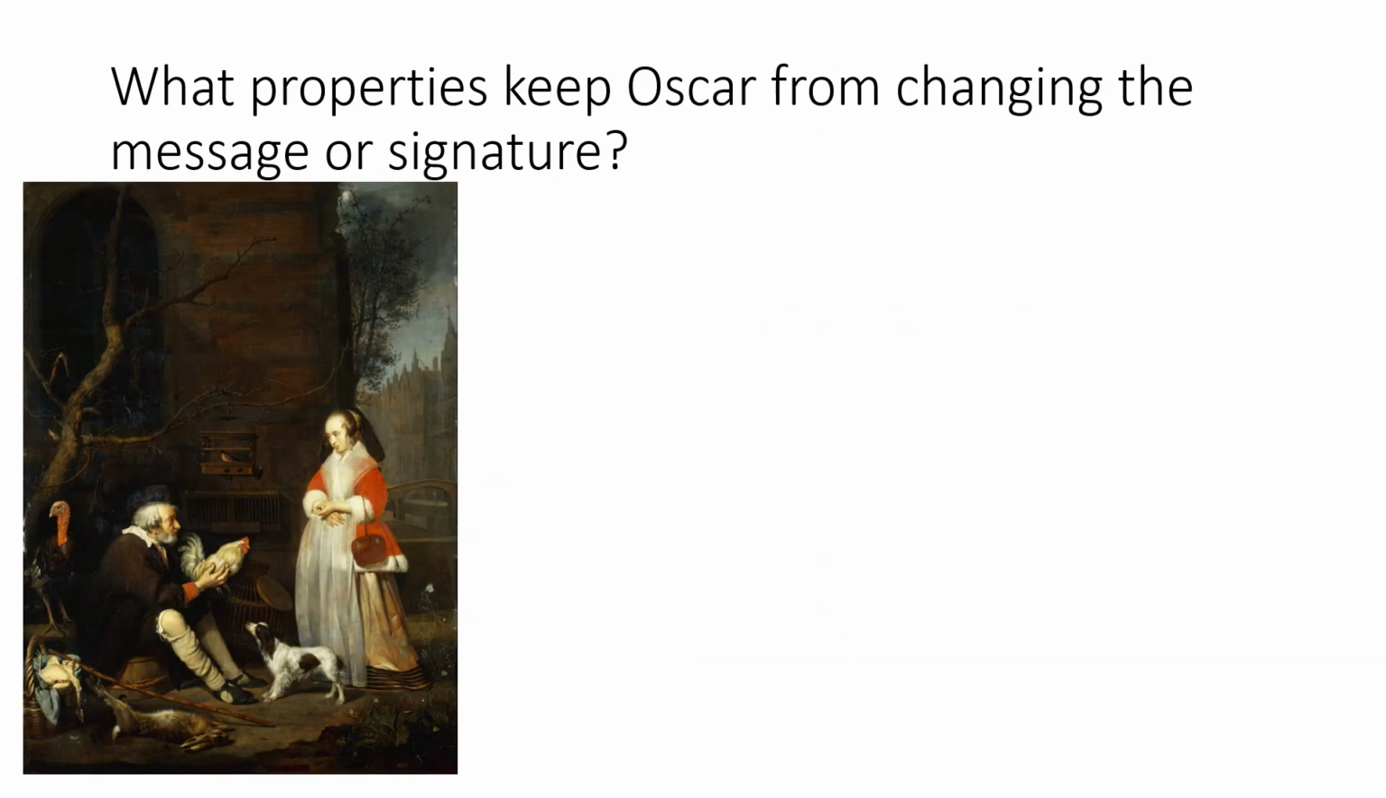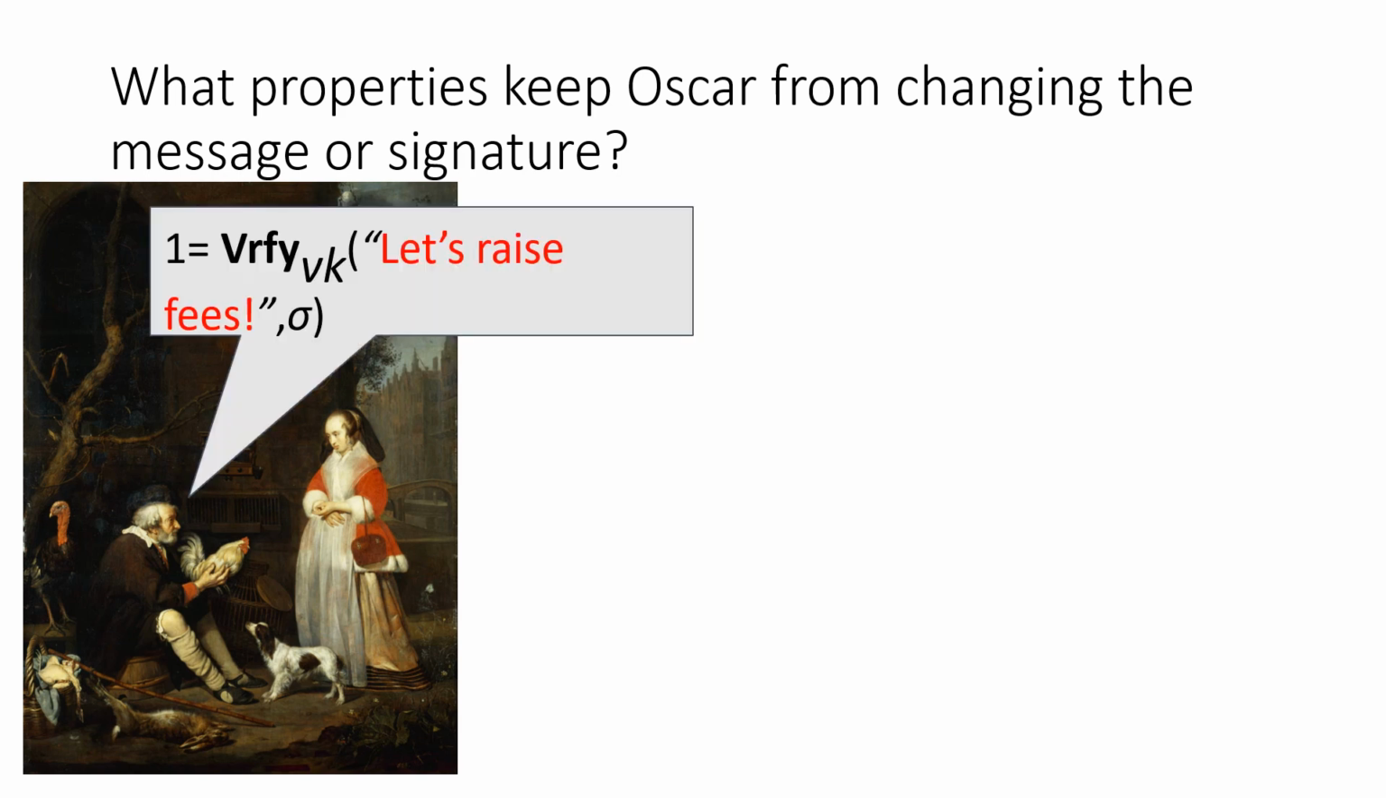So now, of course, we do have to wonder, what properties do we need in a digital signature to keep Oscar from changing either the message or signature? Because hopefully, Dave here does not think that Bob sent out a message saying, let's raise fees. We talked about this in the context of message authentication codes. What was the name of that security property we guaranteed? And the word really does make sense in the context of signatures. You should not be able to